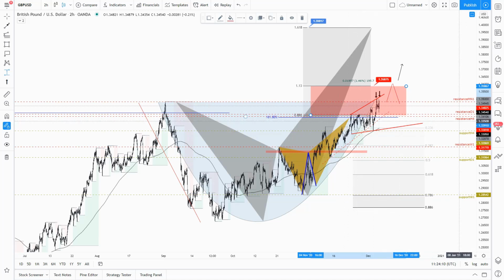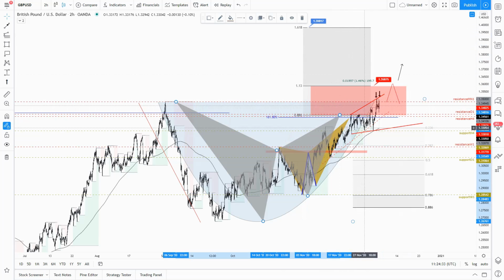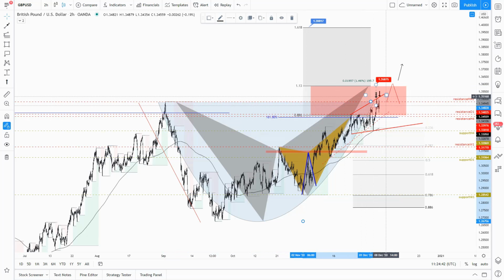But if the market fails to find resistance, and it has failed, the 88.6 has failed as a potential resistance zone. We have a daily fractal position printed there, actually at 88.6. The market has started to fall, but not enough to achieve the default target or the default expectation, at least for this bearish shark pattern. That being said, the 88.6 has failed also as a bat pattern, and we are now trading between the 88.6 and the 113% Fibonacci extension. So I will not be surprised to see the cable push a few points higher. If that happens, we will pay attention to this price zone.